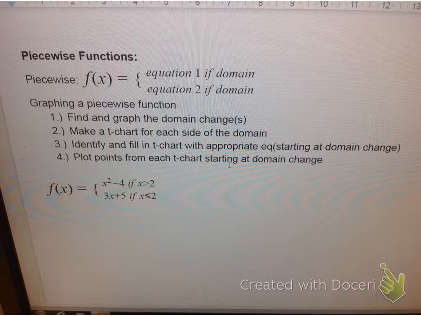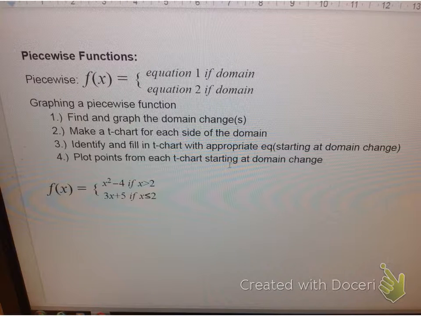The first one is I want you to find and graph the domain changes. Now, if there's only 2 equations, you can obviously see down in our problem here that 2 is where the domain changes from one to the other. That means something happens at 2. That's the only one. If there happened to be a third equation, you would have to have another domain change. It would have to start and stop somewhere else. Therefore, you would have 2 domain changes that you would have to graph, and your graph would be cut into